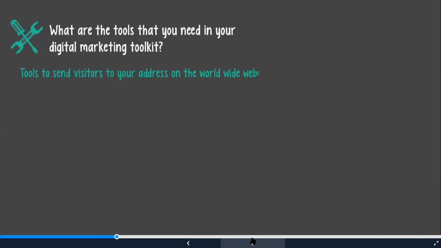Some other tools that we need in our digital marketing toolkit are tools to send visitors to our address on the World Wide Web. Yes, we have an address, but we need to take specific action to send visitors to that address. Social media is still one of the most cost-effective ways to do this. However, with social media, you don't always have a serious buyer.